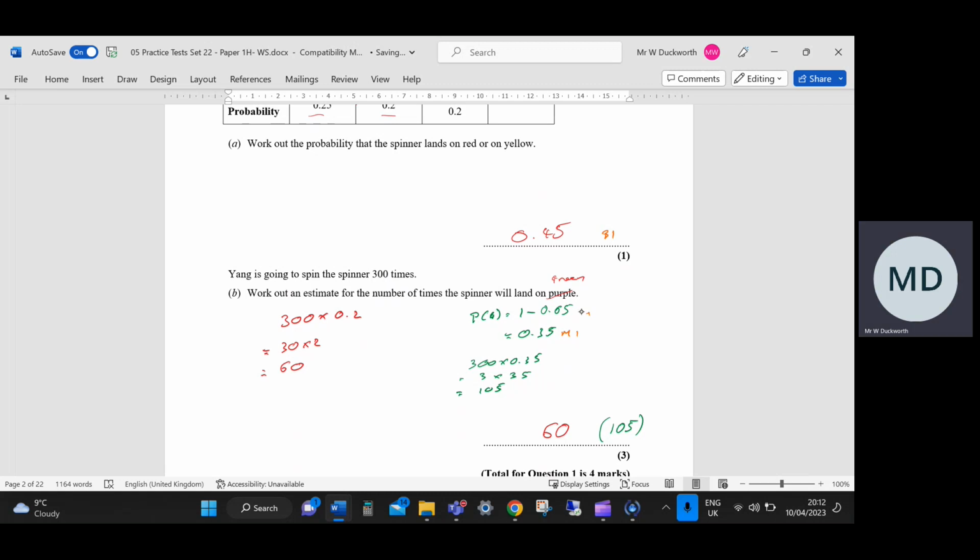No, sorry, we've got M1 for a method, and then A1 for 105. If I was making this up, I'd struggle to give it 3 marks. I'm going to go for